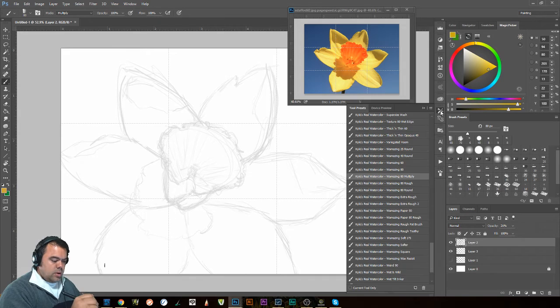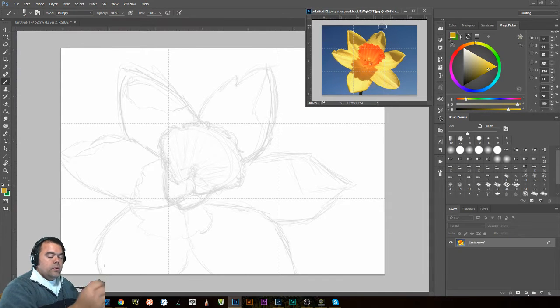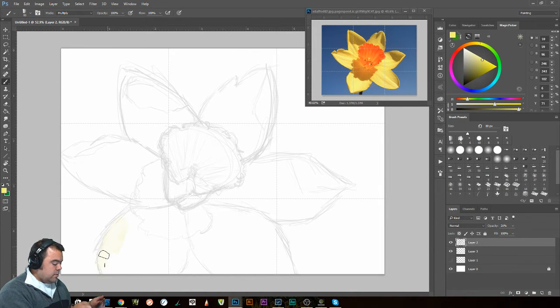So I'm thrilled. Now, one of the things that I'm going to mention here is you can do one of two things. For me, what I'm actually working on is my sketching very quickly and pulling a piece together. I'm not necessarily working on my coloring. So if you're doing an image like this, you could actually pull your colors directly from your image, like I just did right there, and you start to lay in your colors